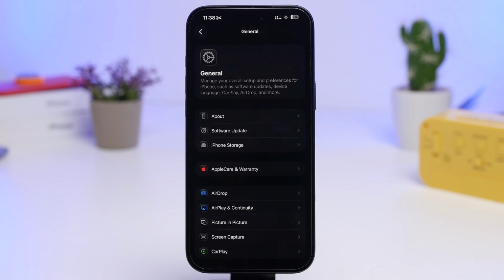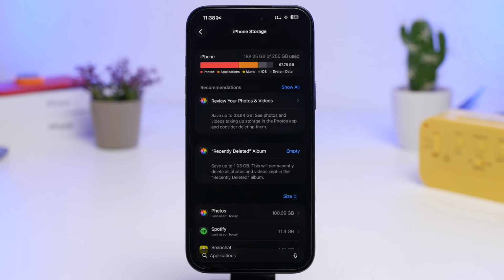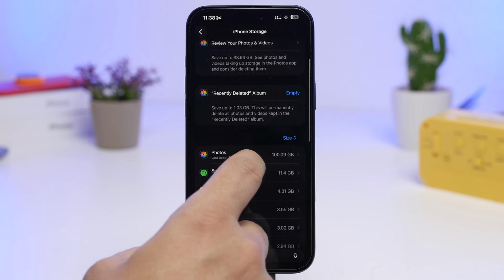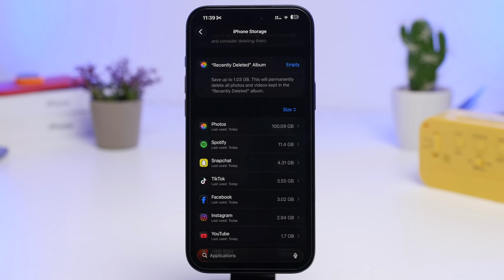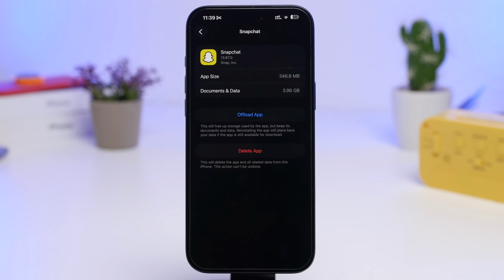These apps tend to pile up a ton of data. If we go into the general settings and go to iPhone storage, you will notice that all the social media apps take up a ton of space, because they have, of course, a ton of media downloading and keeping it saved in the cache section. It's actually crazy how big these apps can get. You can see right here, Snapchat over 4 gigabytes,